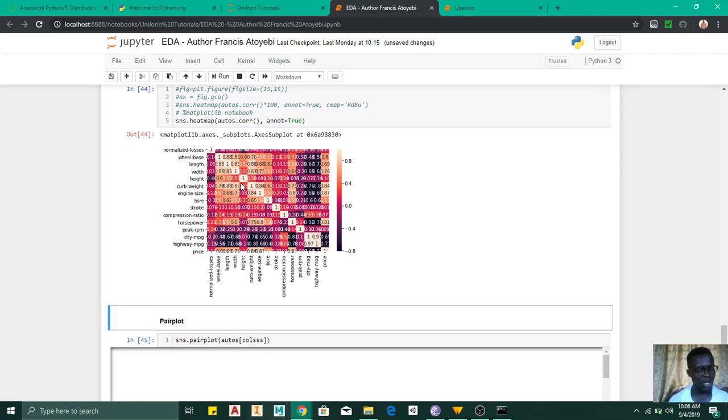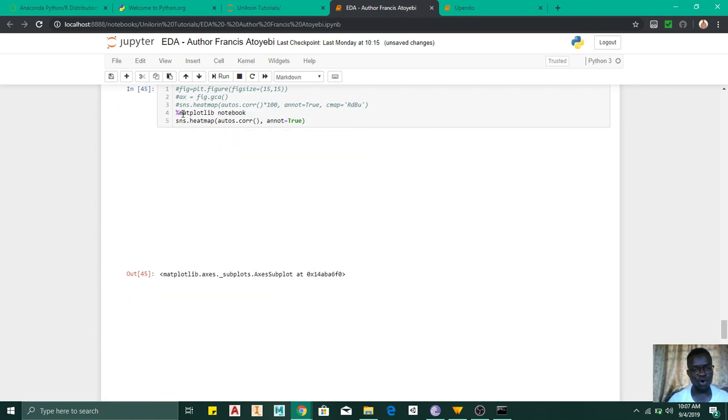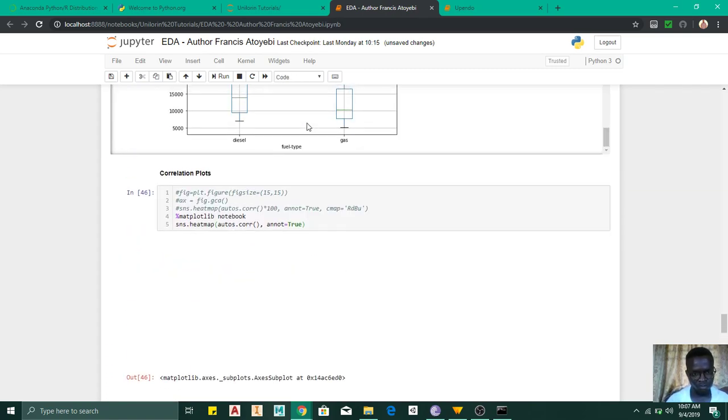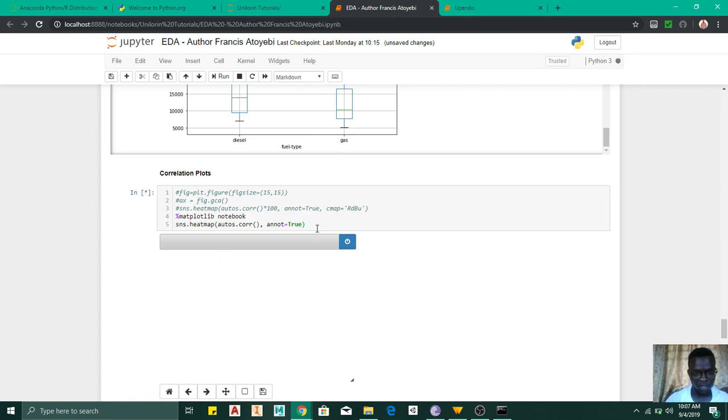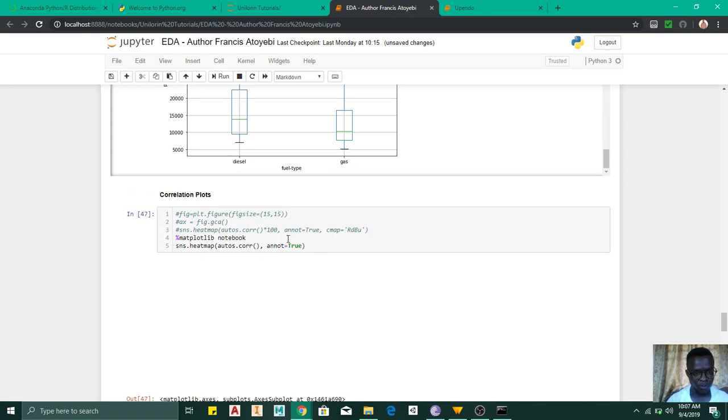But then looking at our plot, it is messed up. So I would like to introduce you to matplotlib notebook. What we've been using before is matplotlib inline, which just ensures that your plot shows inside your notebook. But matplotlib notebook gives you a whole new aesthetic to your plot. Why is this not showing? Please show. I don't know why. So I think we'll probably just have to move on and leave matplotlib notebook out of it for now